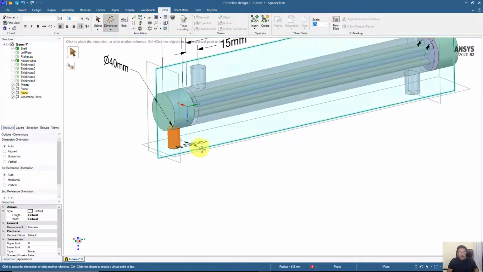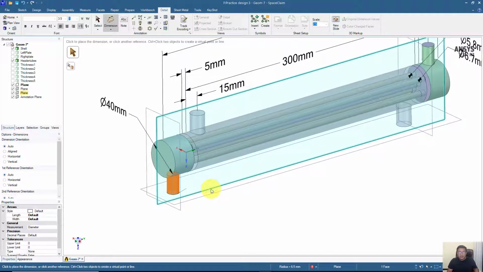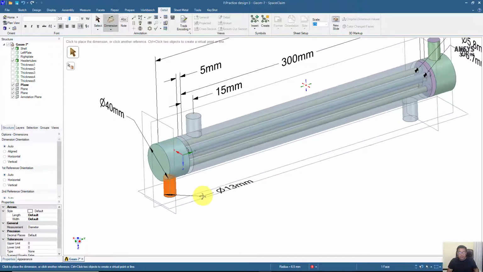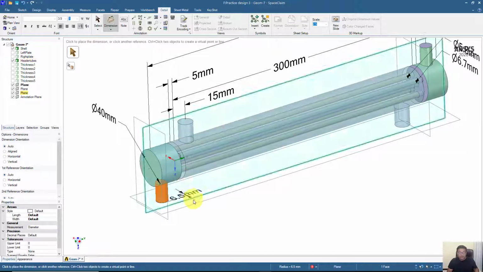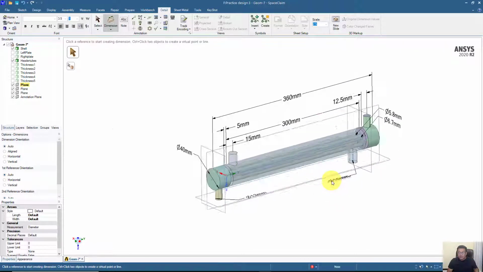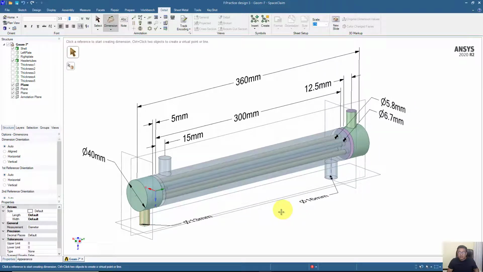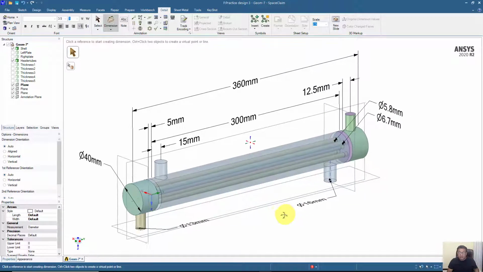One is the diameter for this geometry, which is 13 millimeter. This is the diameter for the tube side, that is, where we have the fluid in the tube side, going from the right header to the left header. And also the dimension for the inlet and outlet for the shell side is 16 millimeter, and you can place it over here. So in this way, you can place dimensions of the important geometrical aspects of this shell and tube geometry.